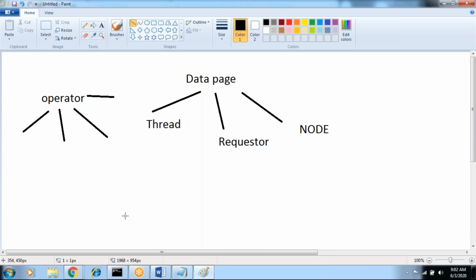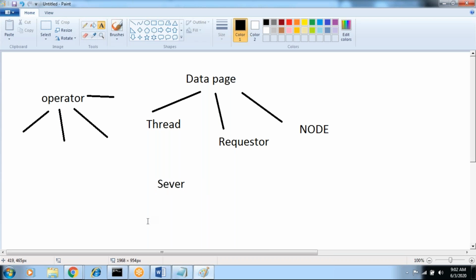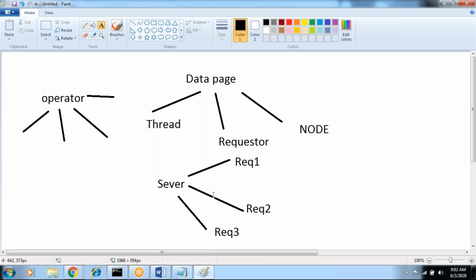What is the node level? Let's take one server. Your application uses one server. In one server, multiple requesters are associated, requester 1, requester 2, and requester 3, like developers. Developers are all accessing the server data and processing work objects.